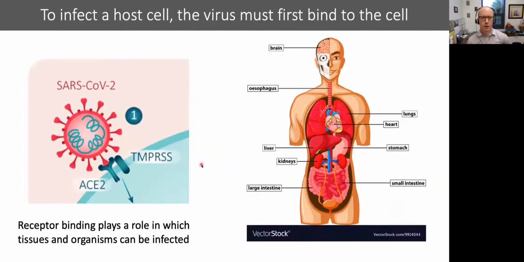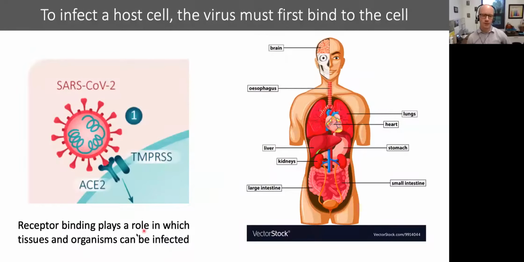Now, knowing what the viral receptor is is super important because, among other reasons, it lets us know what types of cells might be susceptible to infection inside the body. So ACE2 is commonly on cell membranes of cells inside the lungs, which is in part, not the whole story, but in part how SARS-CoV-2 is a respiratory virus. ACE2 is also on cells in the arteries and in the heart and in the kidneys and in the intestines, which means those could all be potential sites of infection for the virus.